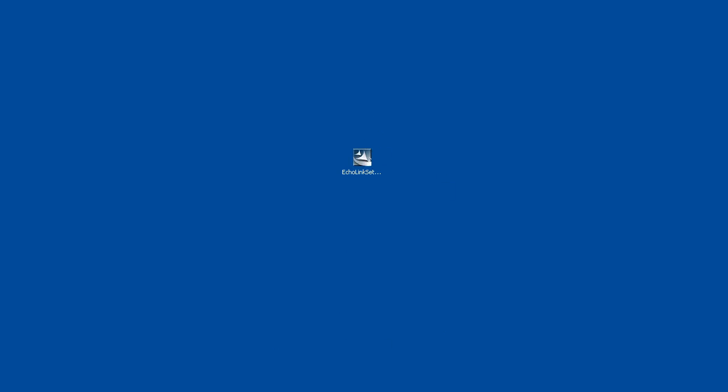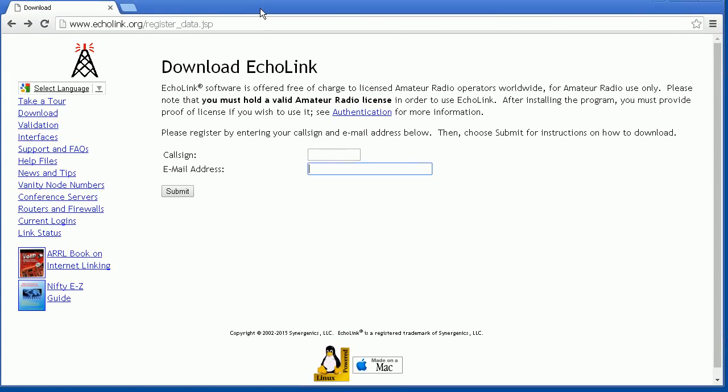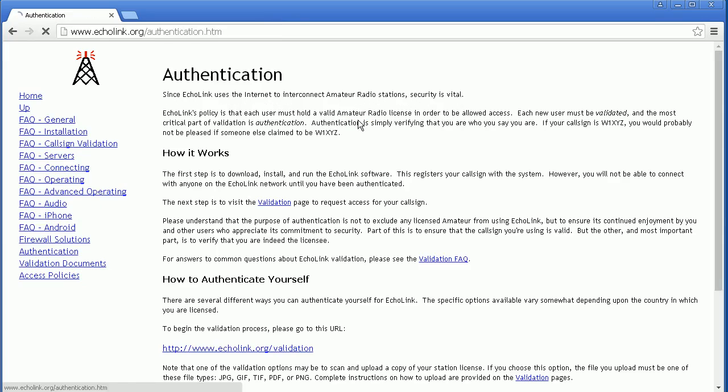Now, you can get EchoLink online through this website, which is echolink.org. In order to get the software, you need to go through an authentication process. So go to the website, echolink.org,